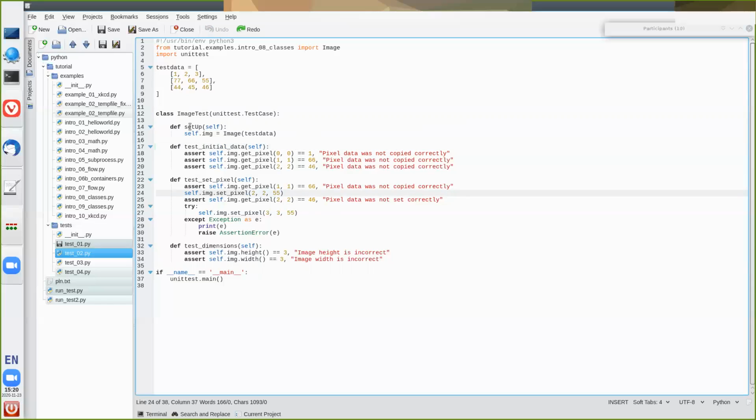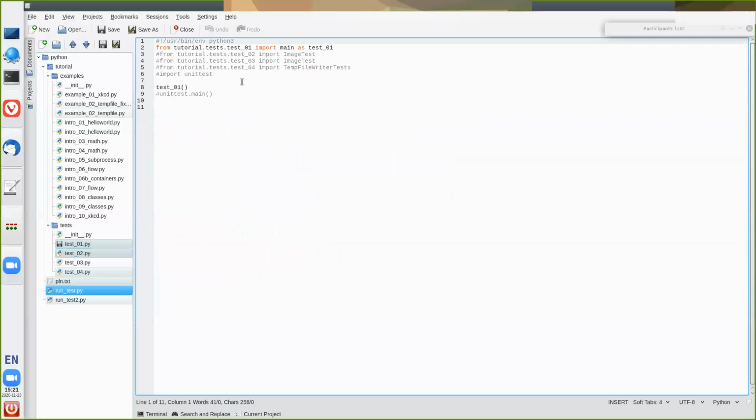So I've put in here code that is exactly the same as before. Yeah, that's what a test class looks like in unittest. And if we want to see how we actually call that,